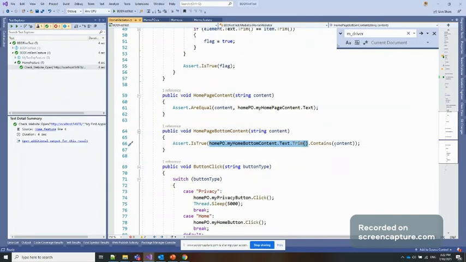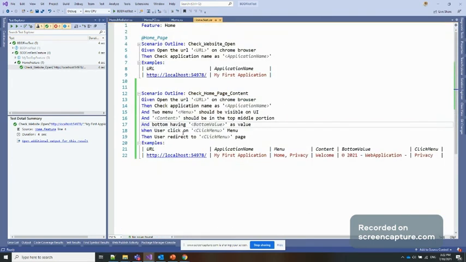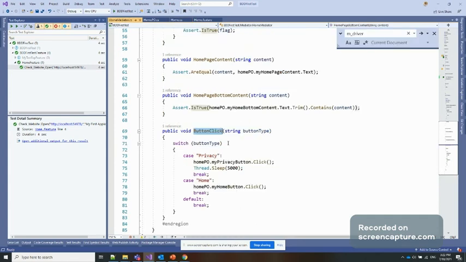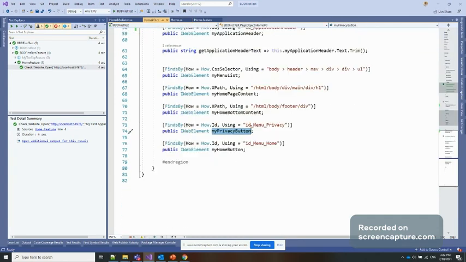So we are using the contains property. This is another way of identifying this one. And now we are not asserting this, we are just using assert dot is true. Similarly, the next line is when the user clicks on one of the items. If you click here, you can see the click button, and the click button here we identify with the ID. You can see we have two IDs. So we use this one.